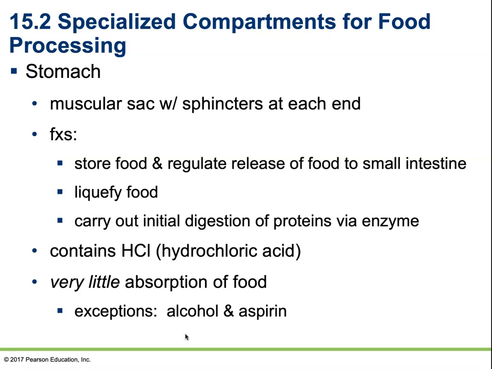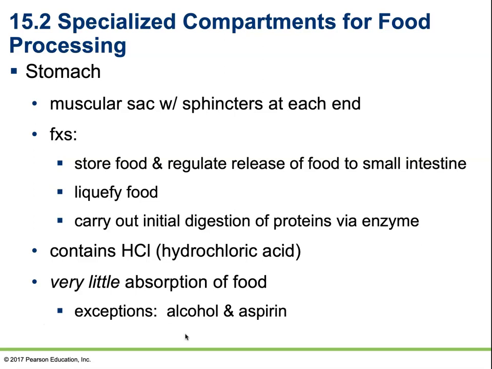Some of the gastric glands will secrete intrinsic factor. Intrinsic factor is a protein that's necessary for the absorption of vitamin B12 from the small intestine. There is very little absorption that happens in the stomach. Very, very little absorption. The primary goal of the stomach is not to absorb anything, but to create a very